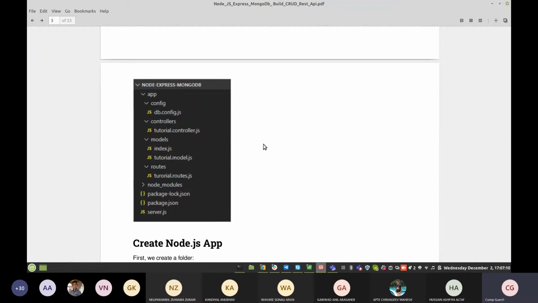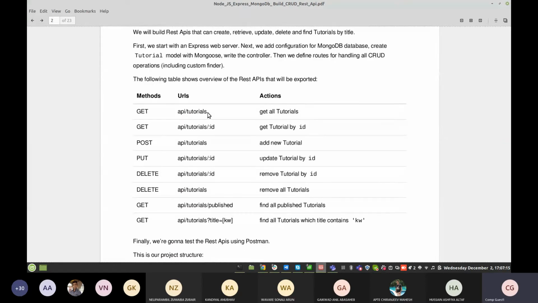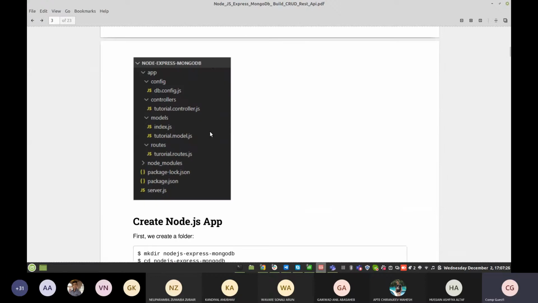Then routes, where you specify all the paths. Whenever you perform an operation using the UI in your browser and hit a particular API, it uses this endpoint, which is a route for your application. The remaining are the node_modules required for your application, which are created automatically. The package.json file contains all the information about your project, meaning the dependency packages, description, and commands that you have run, and this is your server file that you run to start your server.